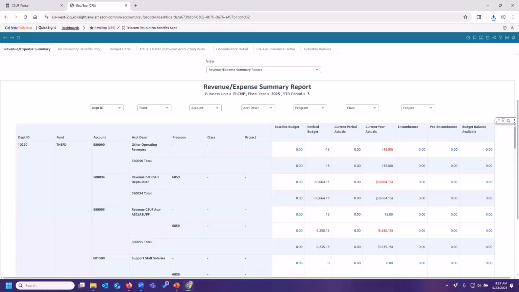Can you request changes for the reports in the future? That would be Titan Insights at Fullerton.edu. That's the team that works on the reports. So if you have suggestions for, hey, can we have a version of this that doesn't have subtotals? Can we remove the subtotals? I know some people have asked about getting a multi-year version of the revenue expense reports, that's Titan Insights at fullerton.edu. And yeah, they will take a look at it and they'll see if it's something that they can do in the future. I think they were trying to get things as equal to the existing OBIEE versions for this initial rollout, but then in the future, they should be able to come back and tweak them a little bit too.